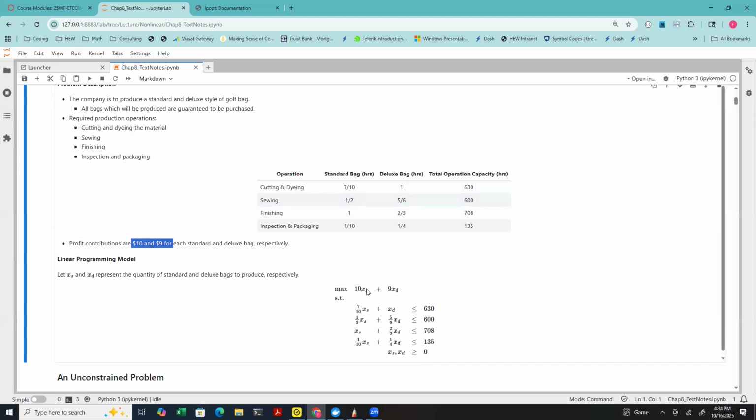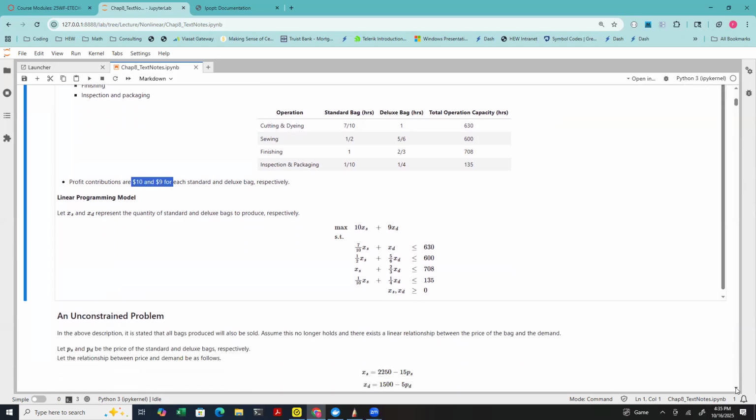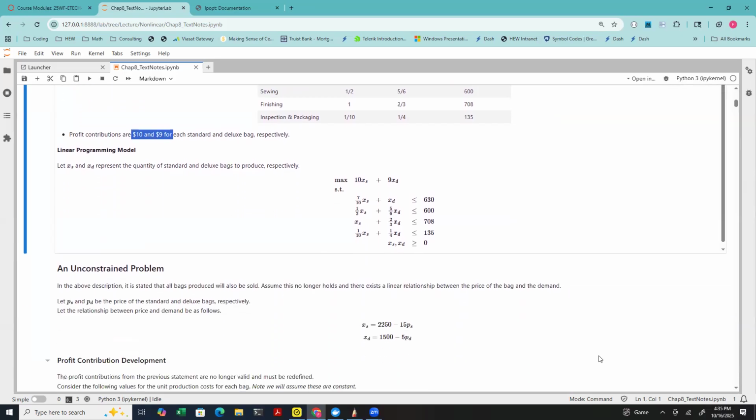And then for chapter 2, we formulated this linear programming model down here. That was great back in chapter 2. That's exactly what we wanted, to get you used to the idea of objective functions, decision variables, constraints. But tonight we move forward a little bit more. Do remember that X of S and X of D were the amount of bags to produce of the standard and deluxe bag. And the way we're going to move forward tonight is the idea that the demand may be influenced by the